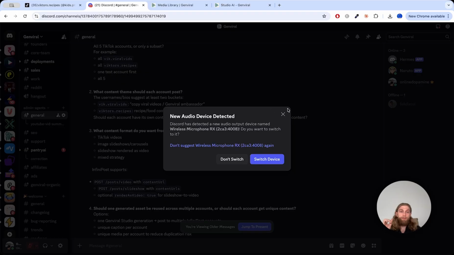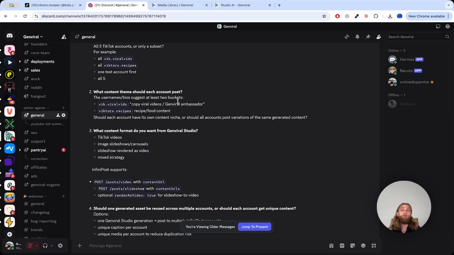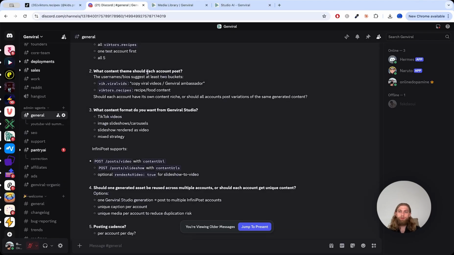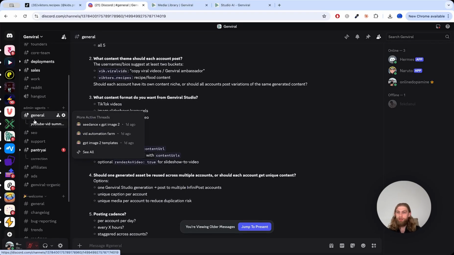Now, what I'm going to show you is just a few things of how I set up the agent or the automation, because again, ultimately it will be dependent on your specifics. Nonetheless, regardless of whether it's TikTok or any other platform, what you will have to do is more or less the same. Now, coming back to the Hermes agent, so basically in the conversation here in the general chat,